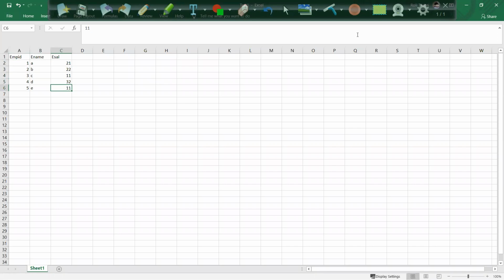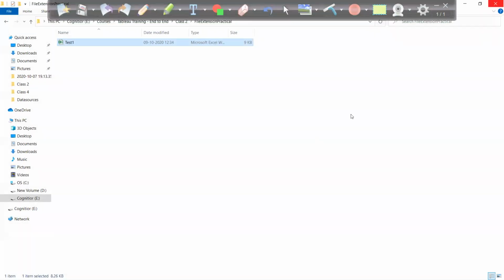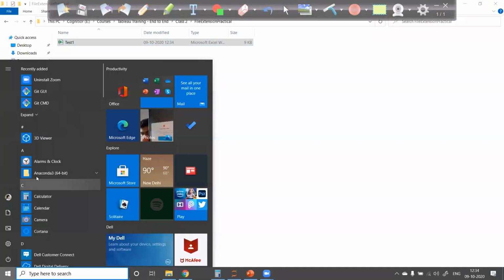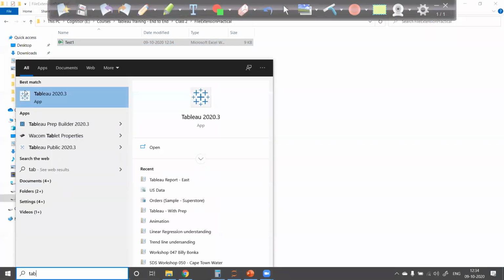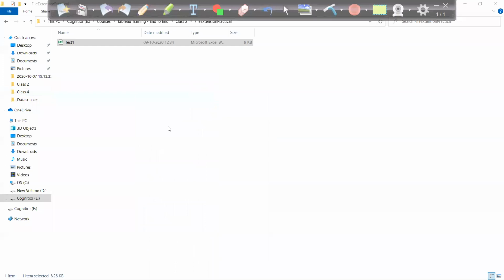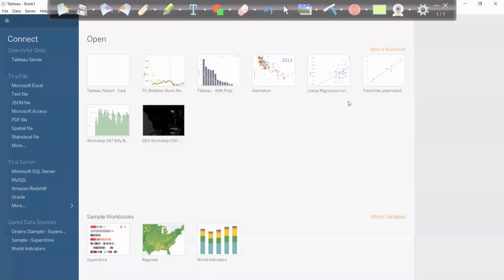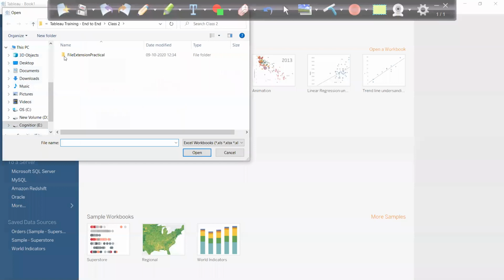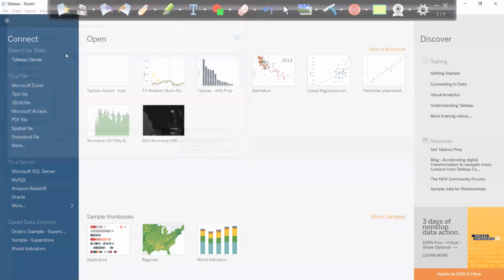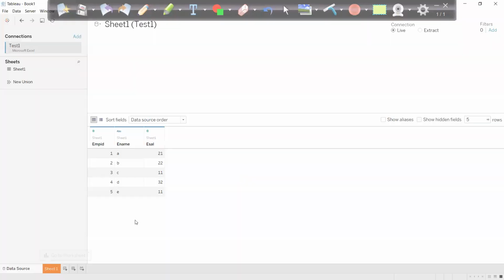Okay, this is my data set. Now let me open Tableau and connect to this data. I connected to this data.